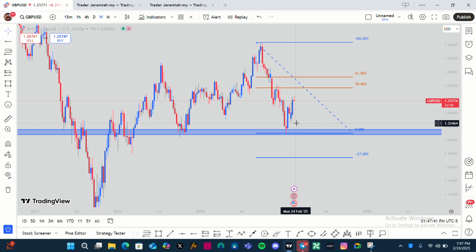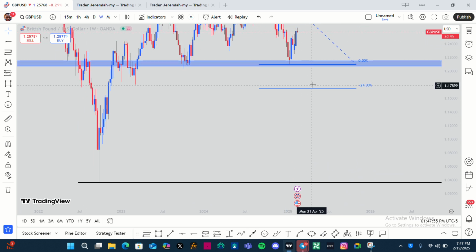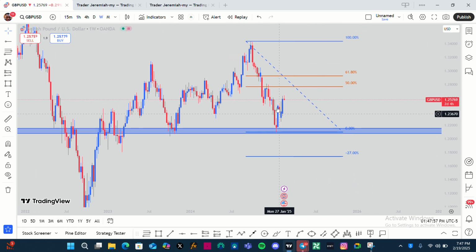So two things can happen. Price can come here, create a lower high, then drop, or price can still break this zone like before getting to this retracement zone. So price can still retrace and head lower. But what I'm currently waiting for is price to get into this zone, and there was a resistance level at this zone as well,